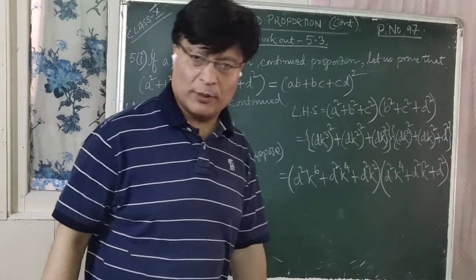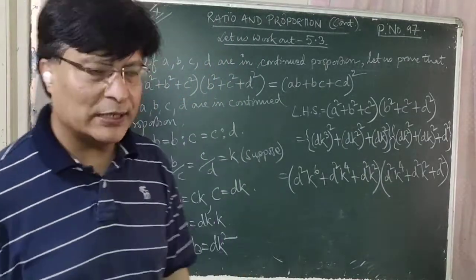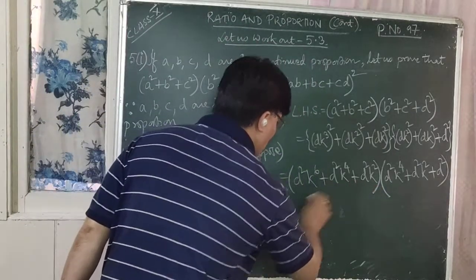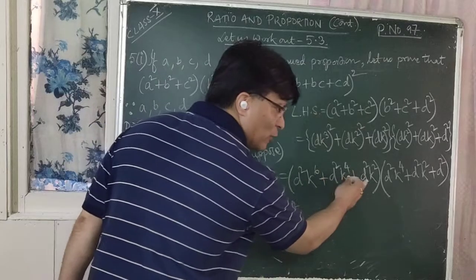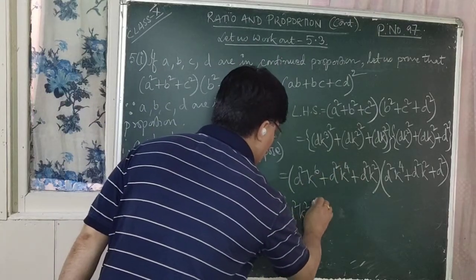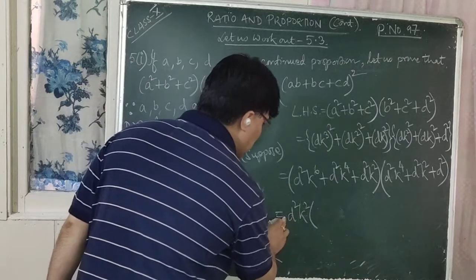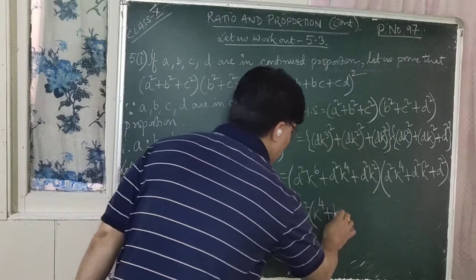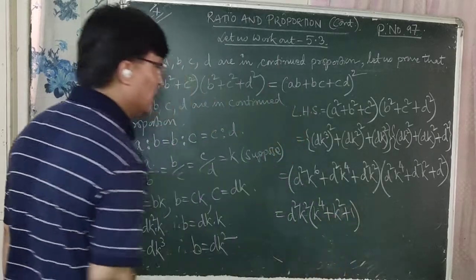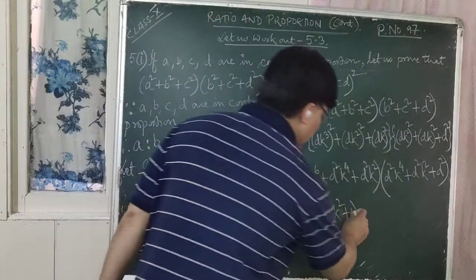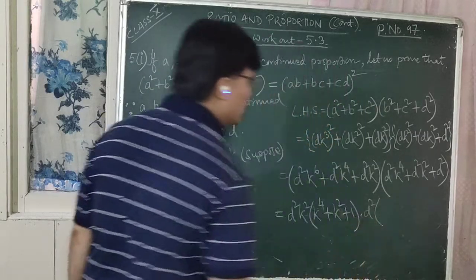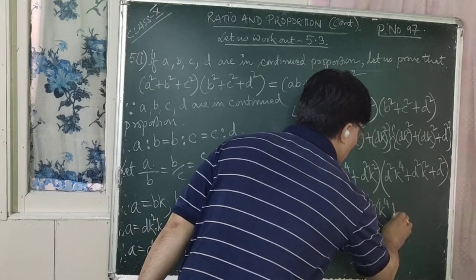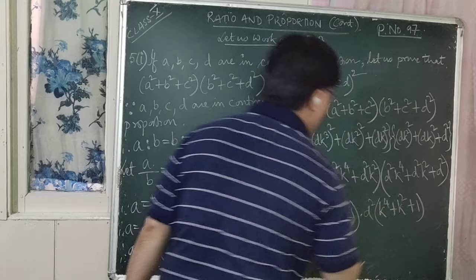Now you can take common. Don't multiply them. You have to take common here, right? So from the first factor, what is common? D square is common. From K, which is the lowest power? K square is common here. So within bracket, what do we get? D square K square is taken common, so it is K to the power 4 plus K square plus 1, isn't it? Again from the second factor, what is common? There is only D square common here. So it is K to the power 4 plus K square plus 1.